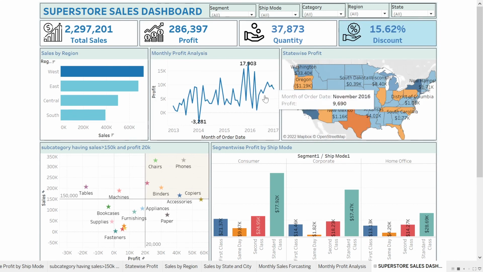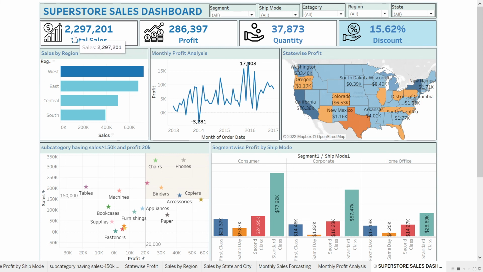So this is the sample Superstore sales performance dashboard. This dashboard helps us to explore the data with interactive visualization. Let me show you an overview of this dashboard and the analysis. I created some KPIs for this sales performance dashboard. First KPI is total sales, and the total sales recorded